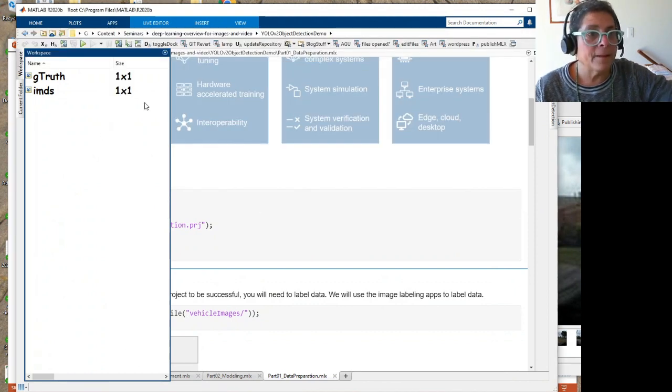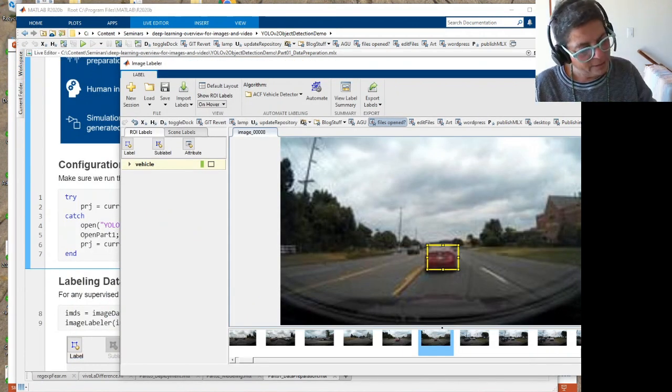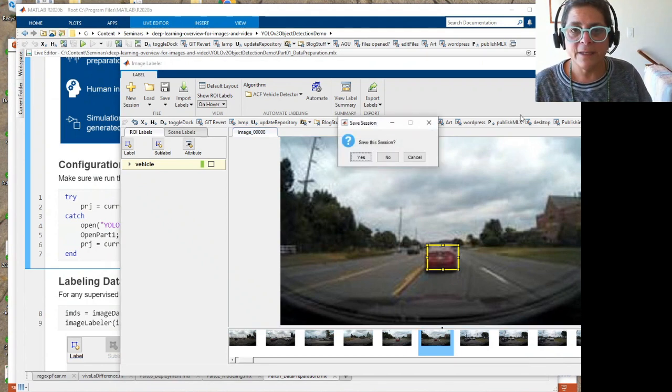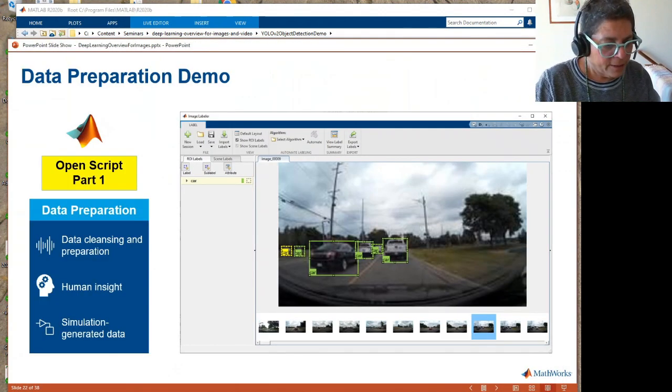Okay, let me come back over here. I think I don't need this anymore. I'm going to get rid of this. Save session? No, just trying to clean up as we go. All right, so